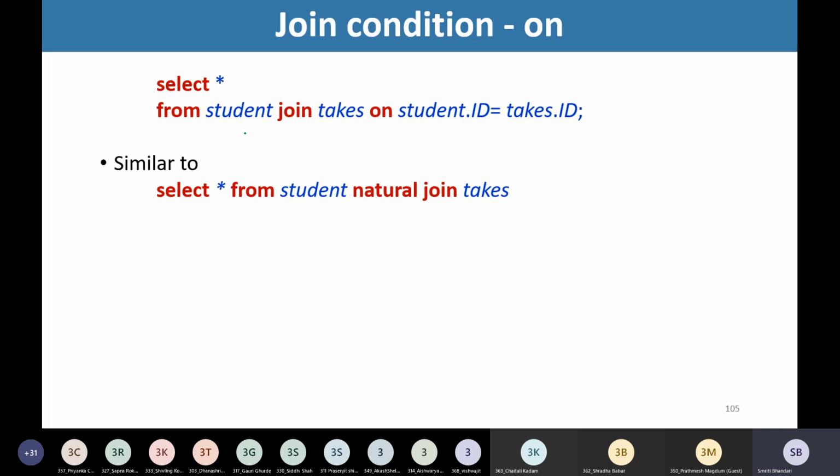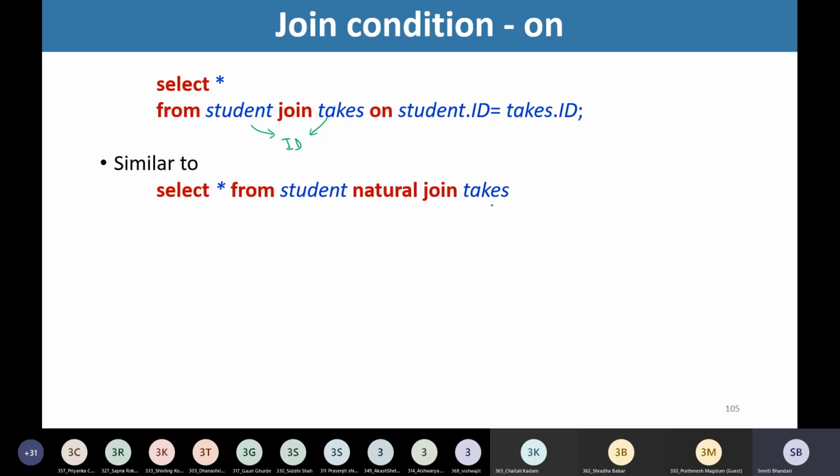Right? Now, this statement is actually similar to select star from student natural join text. Right? Because in these two relations we are having one common attribute, that is ID, the ID of the student.